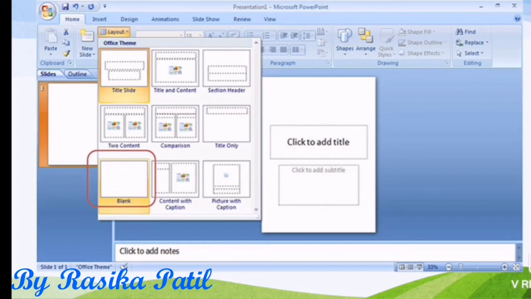In the blank slide, one more thing students, you can add text. But how to add text? There are particular steps to insert text in the blank slide. How to insert, we will learn further in the next slides. Okay. So there are different layouts for the preparation of a presentation. Now let us move further to the next one.